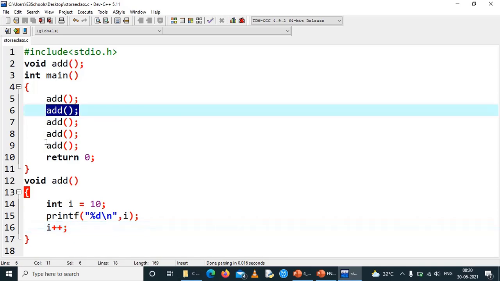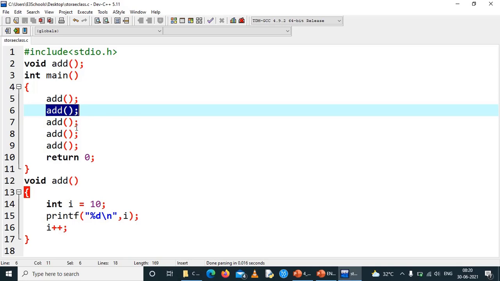The second time the add function is called, again the i value will be created, some memory will be created, value 10 will be assigned to that variable, that variable 10 will be printed, then incremented to 11, then the function closes, and again the i value will be deleted. So this will happen every time we call this function.